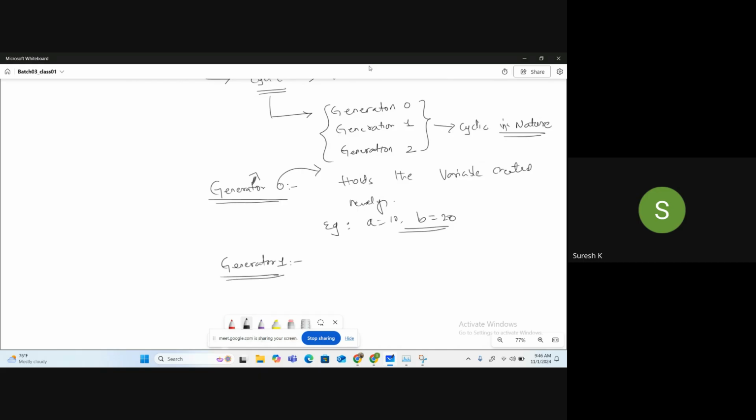Generation 1. What will happen here? Here we have used A and B, and you are using A only in the program.